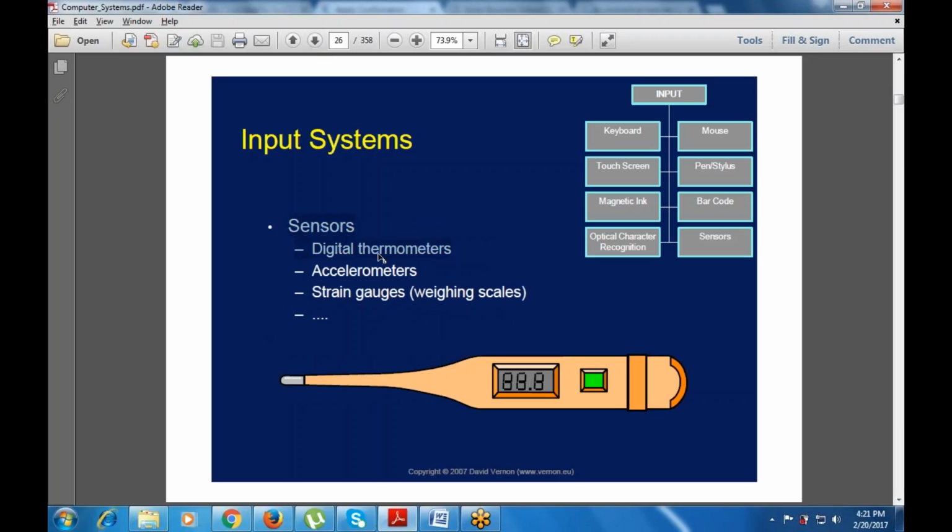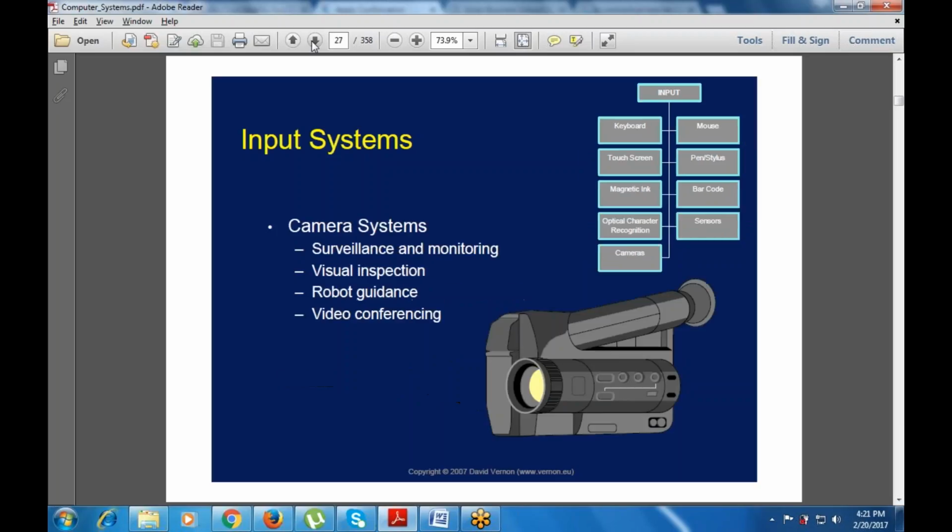These are essentials. One is the digital thermometer, one is the accelerator, one is the scale, that is the weighing scale. This is again an input system that is used for the same. For example, if I am talking about a thermometer, like the digital thermometer that beeps a sound, that is again an input system. The next one is the camera system, that is used for surveillance and monitoring and